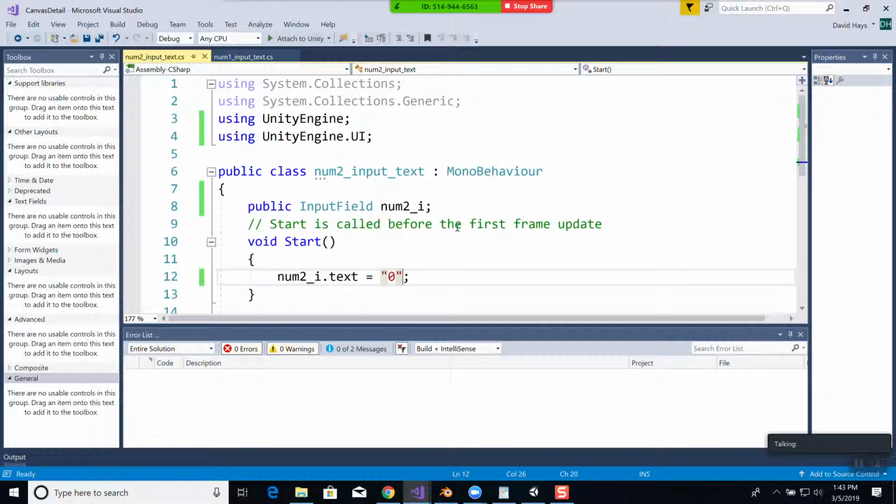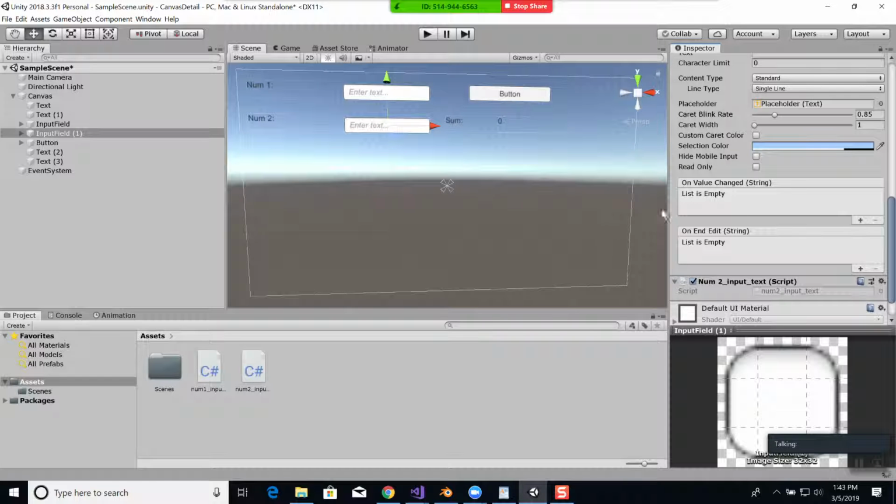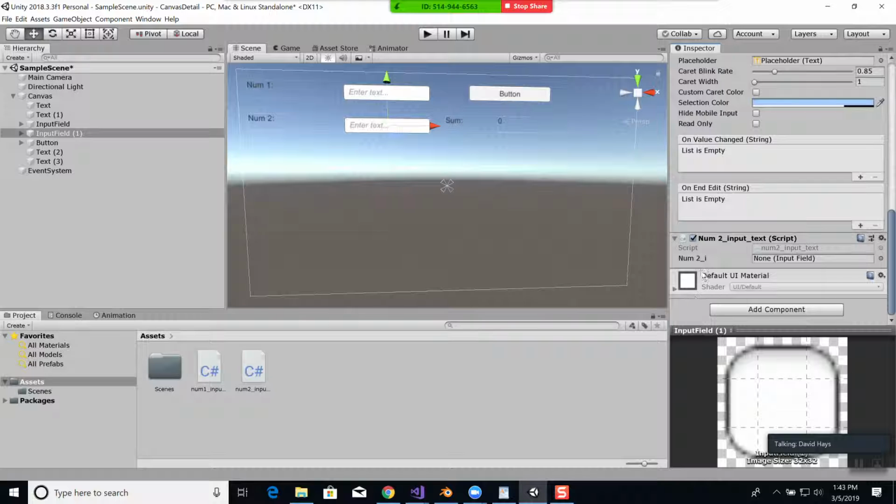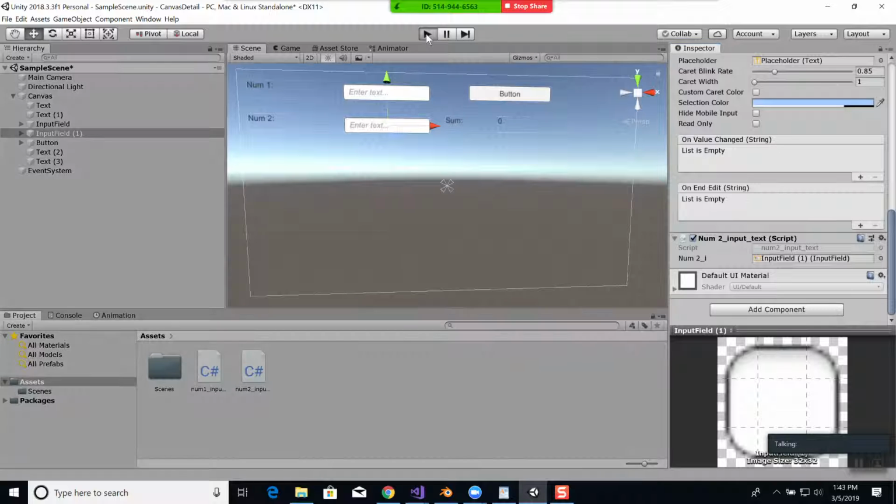Then over here, again, I have a new input field, and I have to drag the input field I'm on right onto that. Well, num2_I, it's input field. There we go. Drag it on there. With the find, you should be able to access the text directly on that, but I'm drawing a real blank on that now. This works,